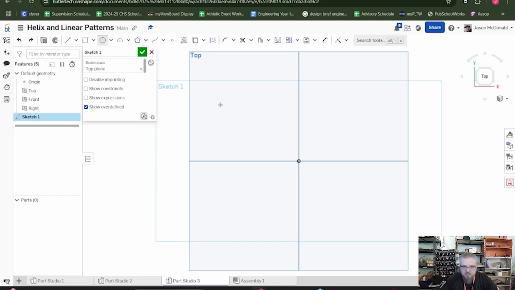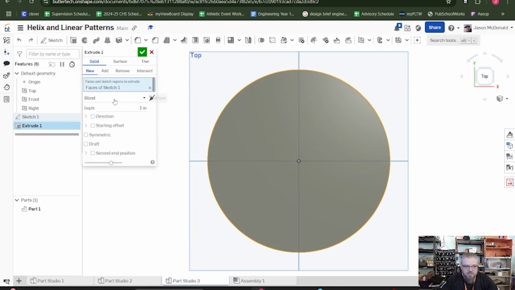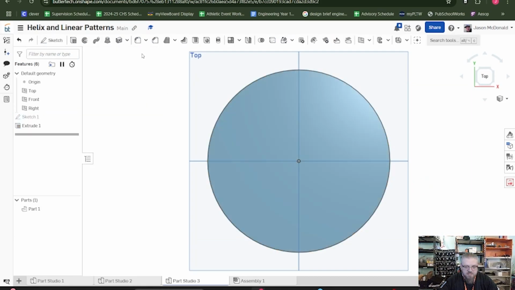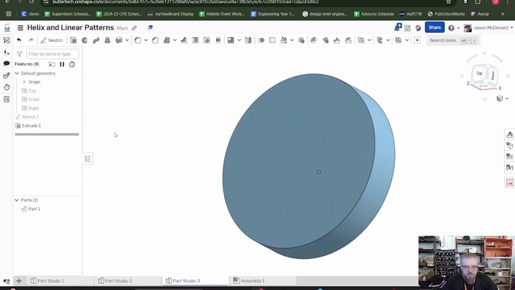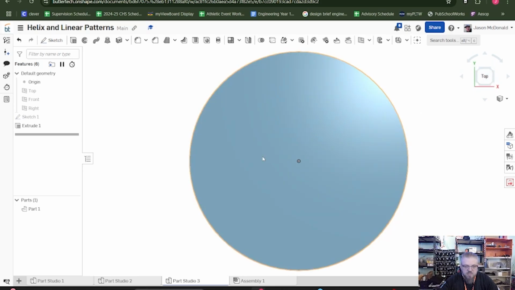Try this again. Let's go with a 5-inch circle. I'm going to close the circle out. We'll move my diameter just kind of out of the way. Again, got to turn it into a base to make it something. All right, now I'm going to hide my top, front, right. All right, so now to show you how the